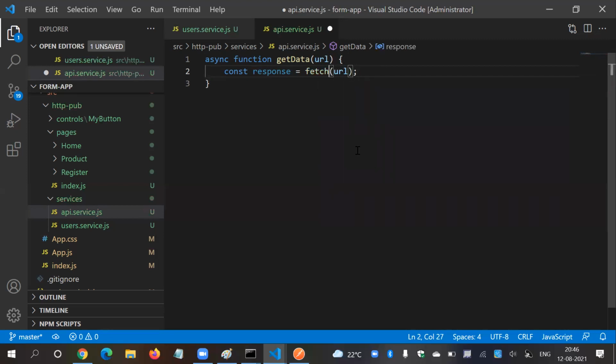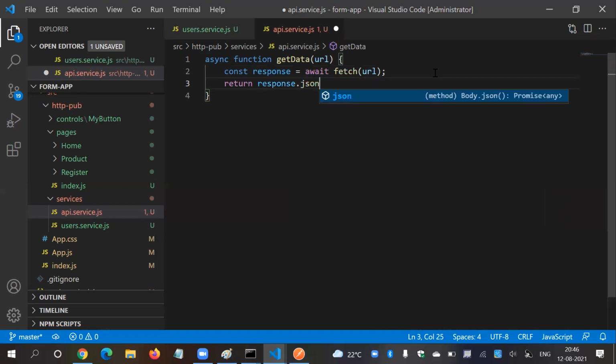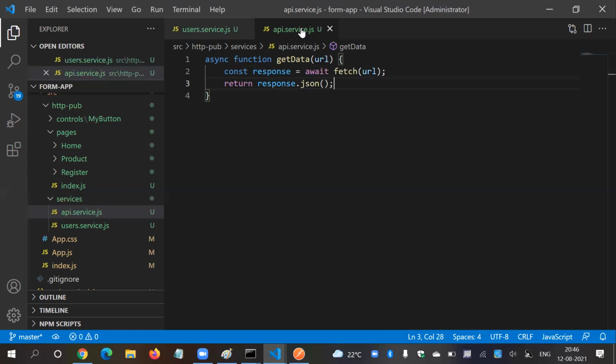But I have to wait for the response. That's why I said await. So this function must be async, and then I can write await over here. Then I will return response.json. It's simple. You got my point? This is my API service. This is basically your GET call.